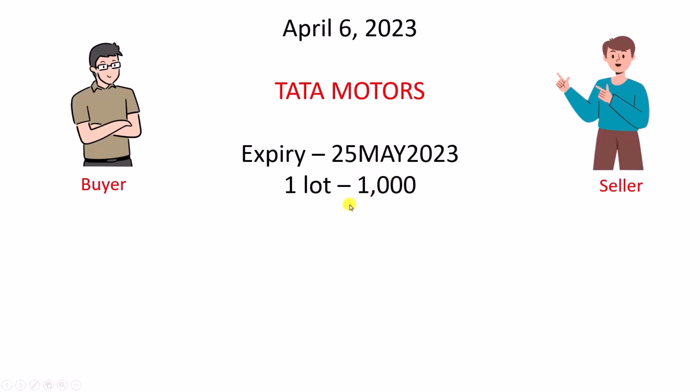The lot that they decide to buy is 1. Okay. They buy one lot and the size of one lot is 1000. Meaning, one lot of Tata Motors has 1000 stocks of Tata Motors. Okay, or I can say one lot of Tata Motors future has 1000 Tata Motors stocks. Okay. Next, the price